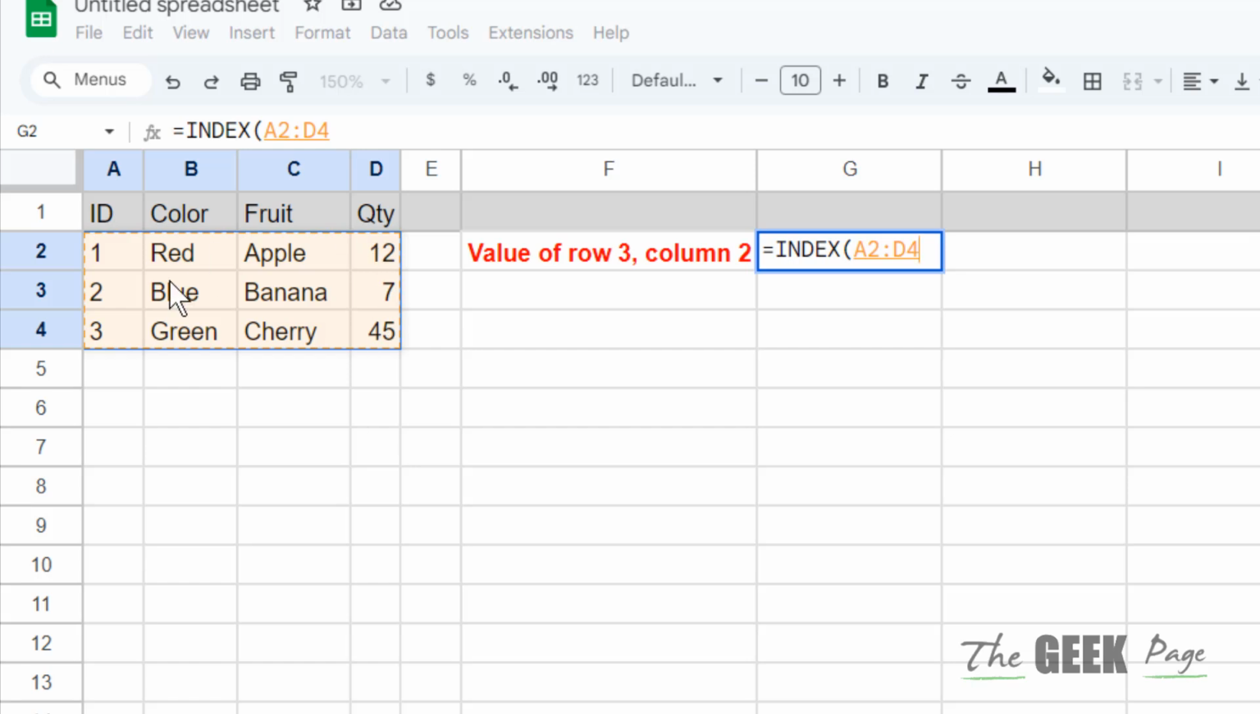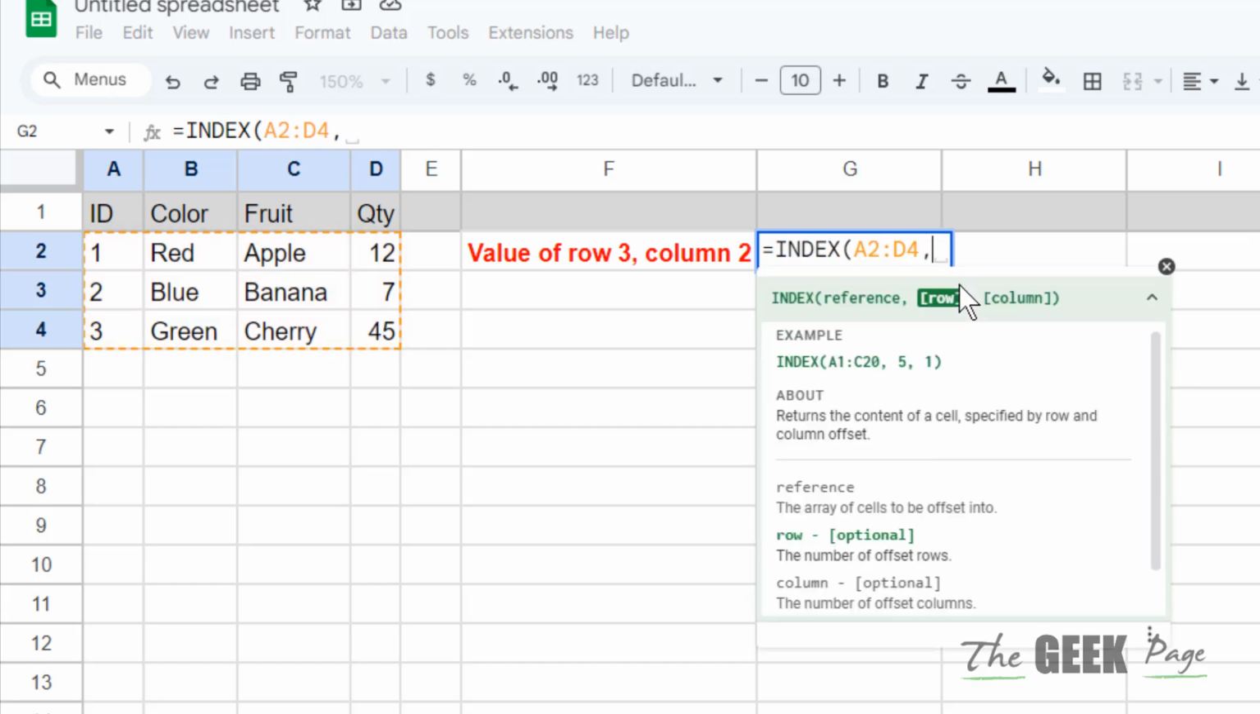When we have selected this data, then the first row will be this row, the second row will be this, and the third row will be this, like this. Okay. So whatever you selected becomes the reference. Now type a comma. Now we will type the row number. So let's say we want to find the second row. So let's type 2